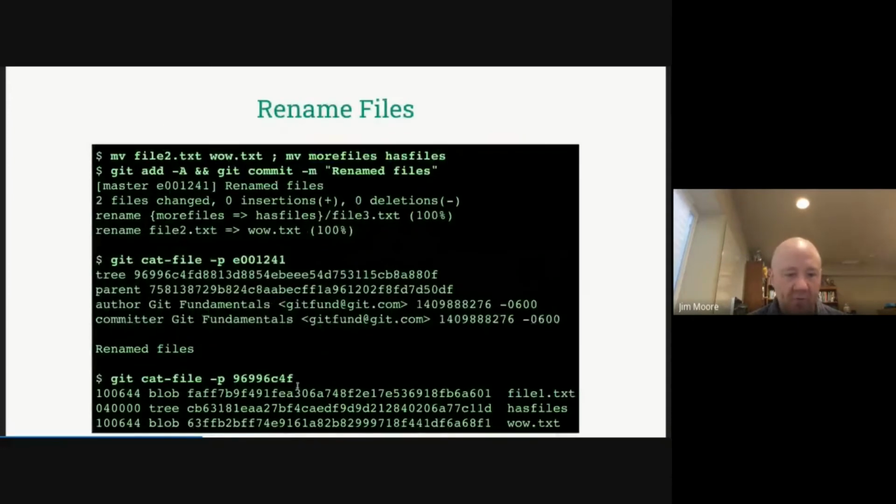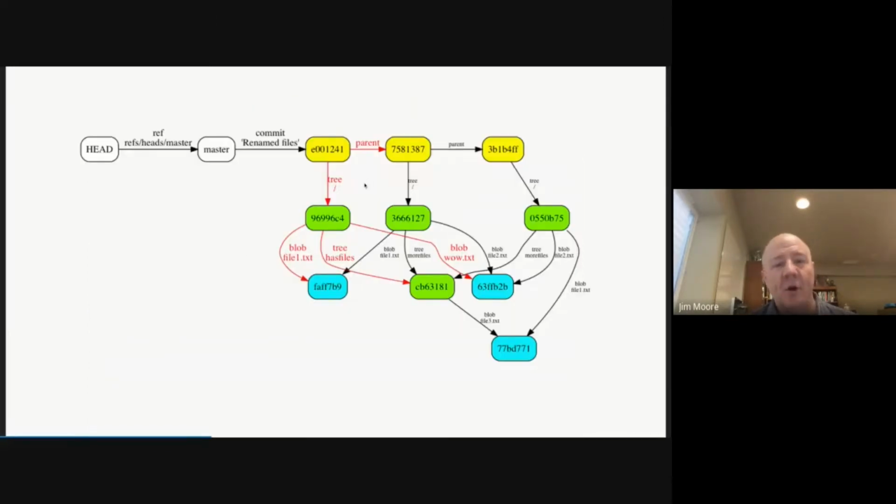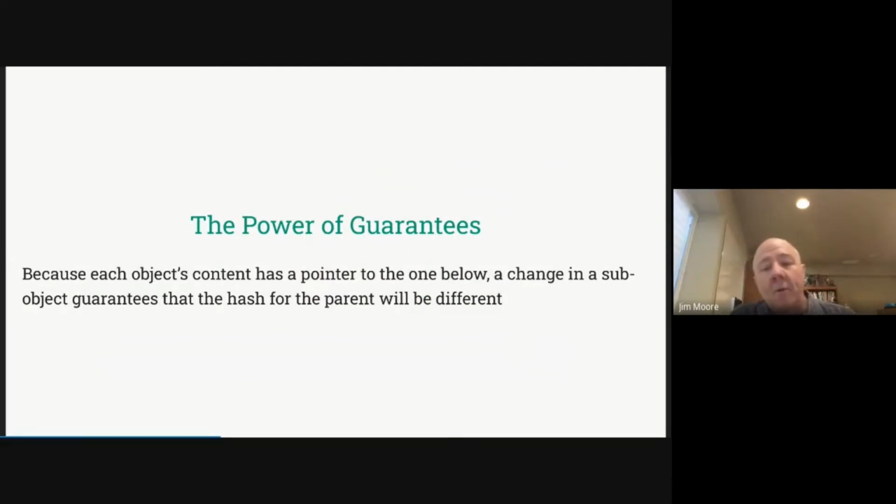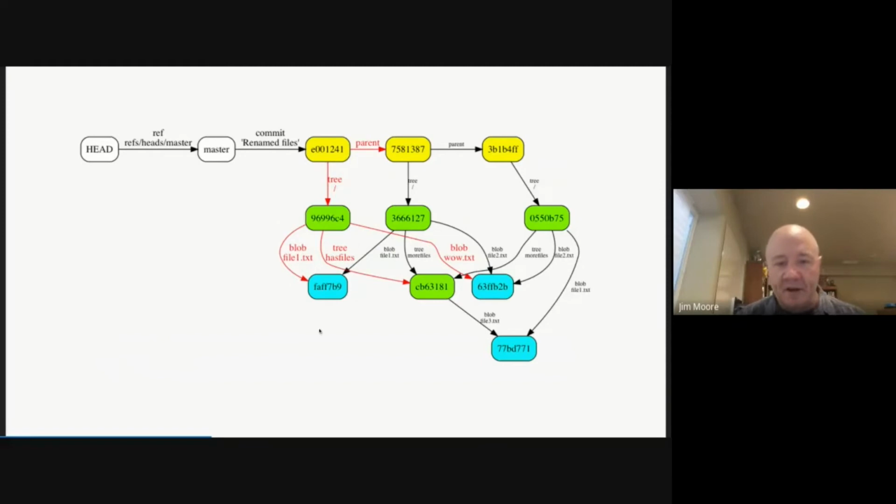So same thing for the tree. That SHAs out to be this. This SHAs out to be that. And so all of those are guaranteeing that as we make changes at the appropriate places, it automatically gets propagated up through the system. Now, what's really nice, as we were just talking about, is that a change in one of those sub-objects guarantees that a parent object will also be different. Because that tree down here was different, that's why this commit has to also be different,